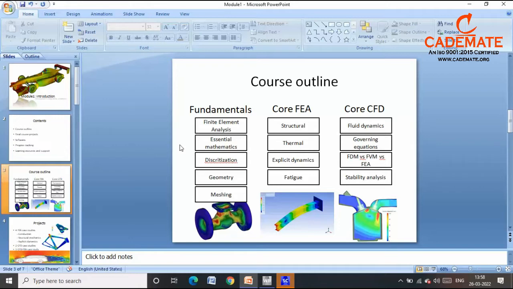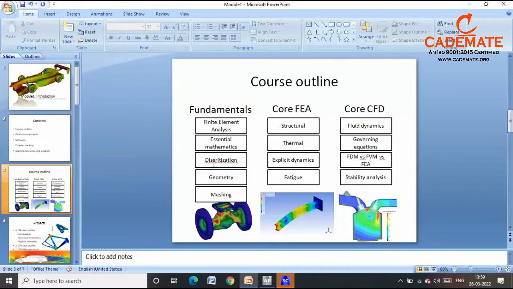This course also uses a common approach to 2 different solution techniques, that are FEA and CFD. What is FEA? FEA is finite element analysis. In the FEA solution technique, whenever we simulate a problem for an infinitesimal domain, we discretize that domain into finite elements and simulate the governing equations on these finite elements. So this is all about FEA, and we will be learning more detail about it. And what is CFD? CFD is computational fluid dynamics. Whenever we talk about fluid domains and fluid behaviors, we use CFD techniques.